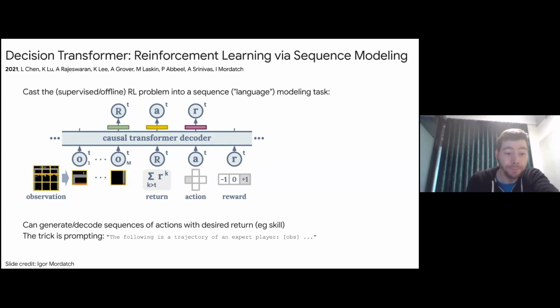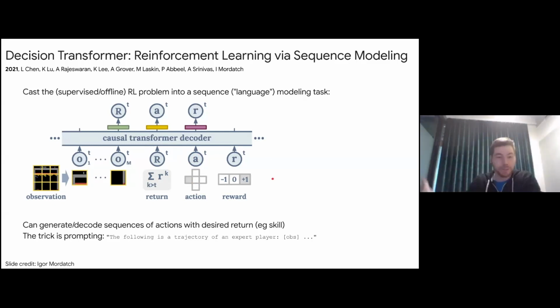Then you train this language model. Then at test time, you get your observation, you pass it through the language model. You choose your return. Let's say a very high number, 9,999. You give it to the transformer decoder. And then you ask it for the probability distribution over the potential next actions. So you kind of tell it, you have seen this, now please act like a super mega pro. What action would the super mega pro have taken here? And it gives you the distribution over these, and then you play that, all right?